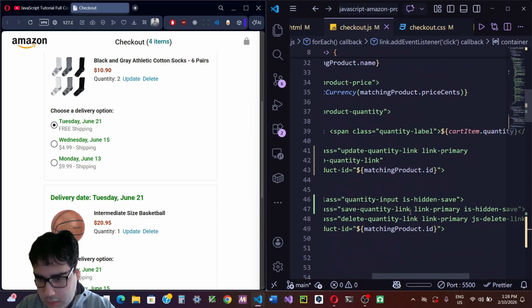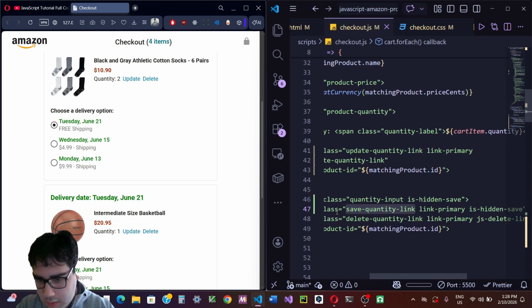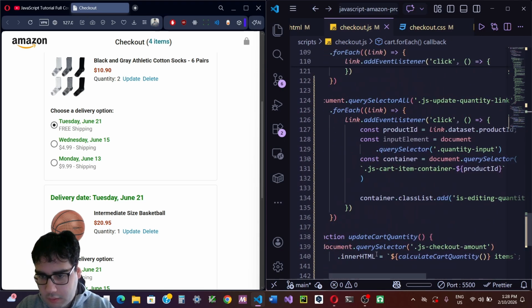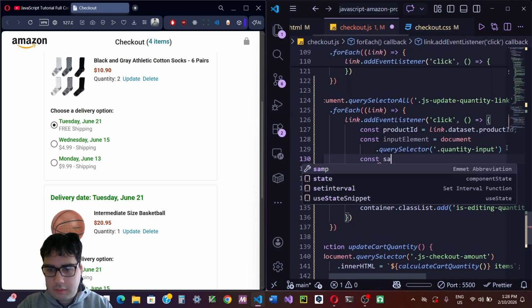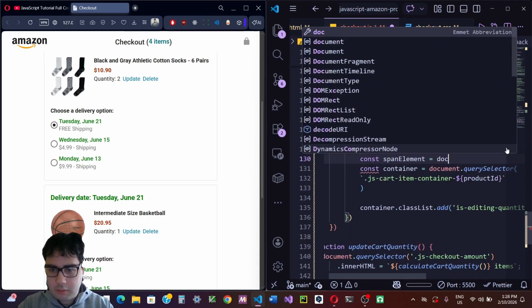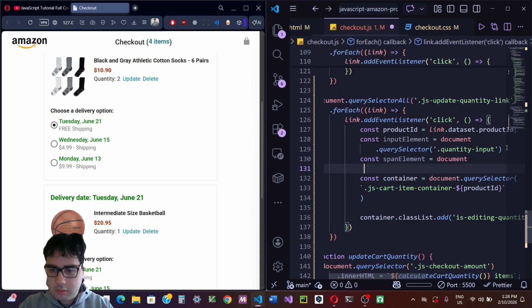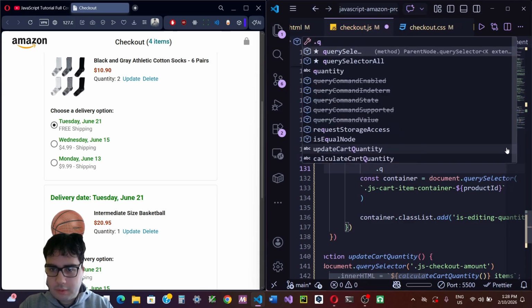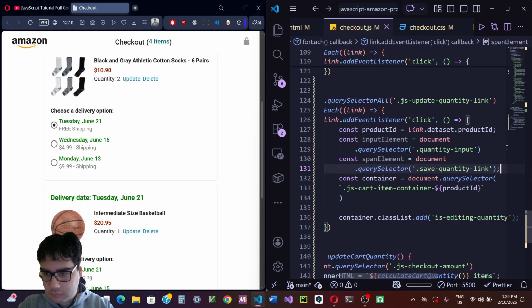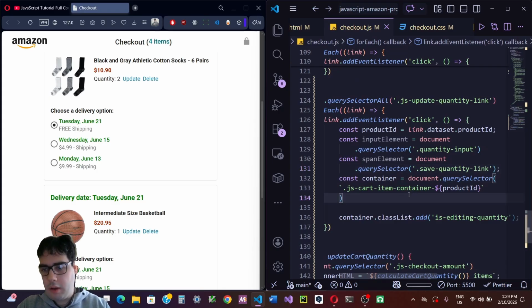So save quantity link, const save span element equals document.querySelector this, and